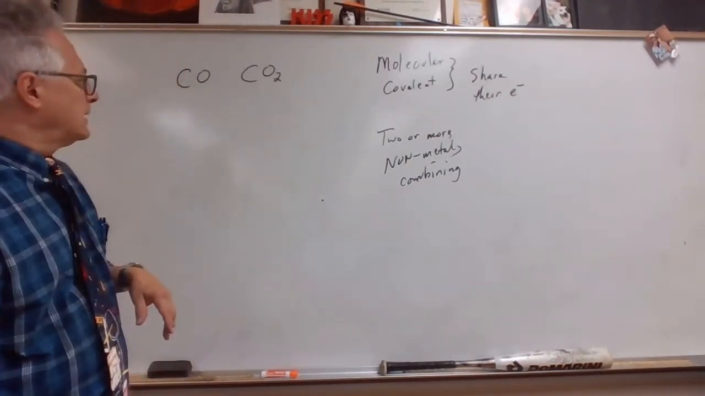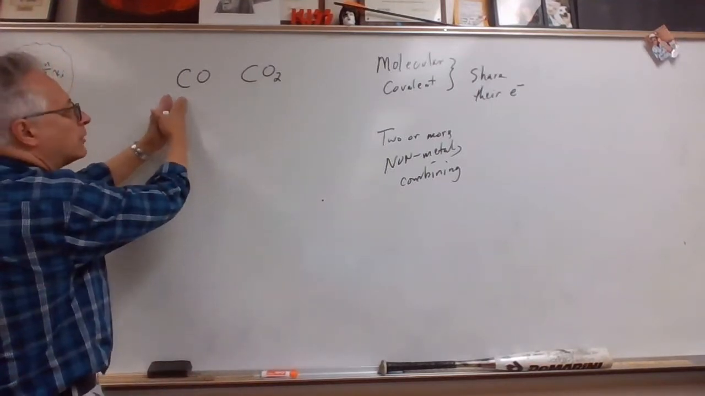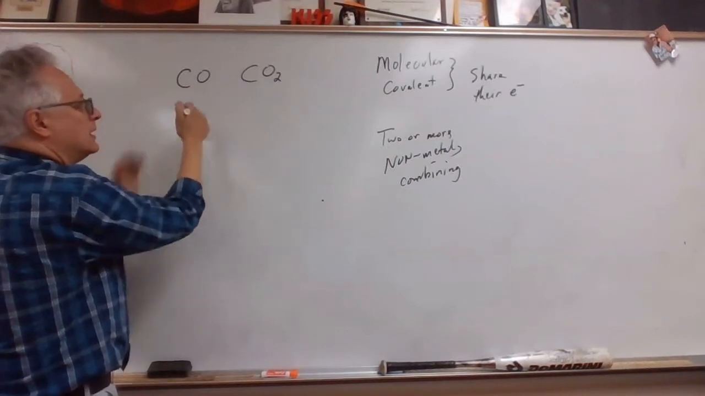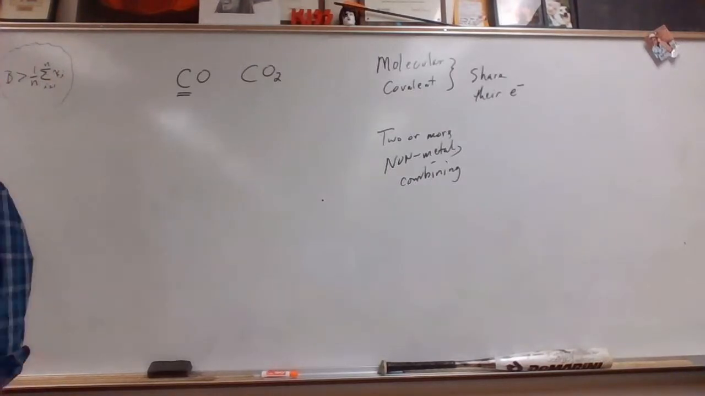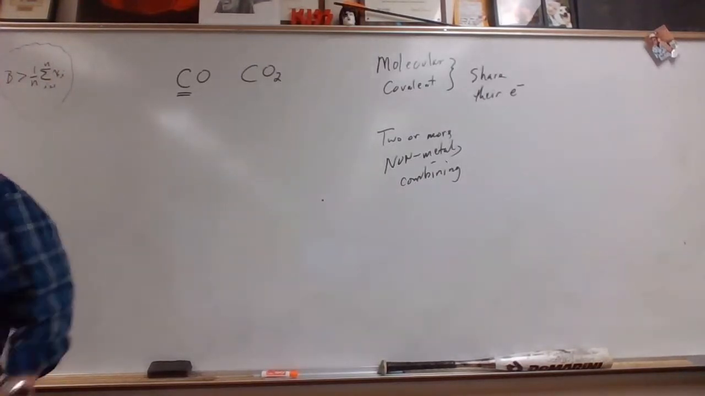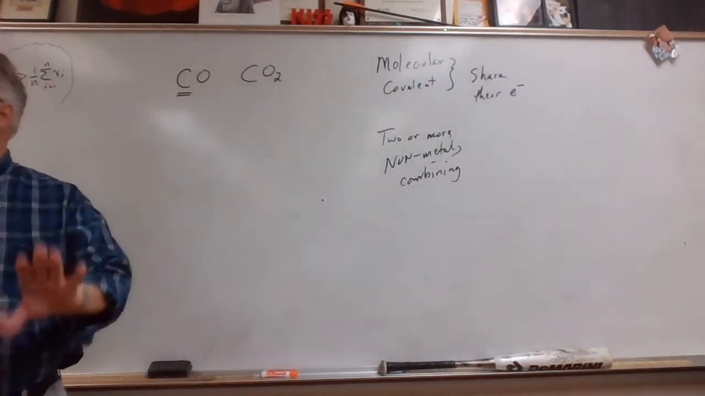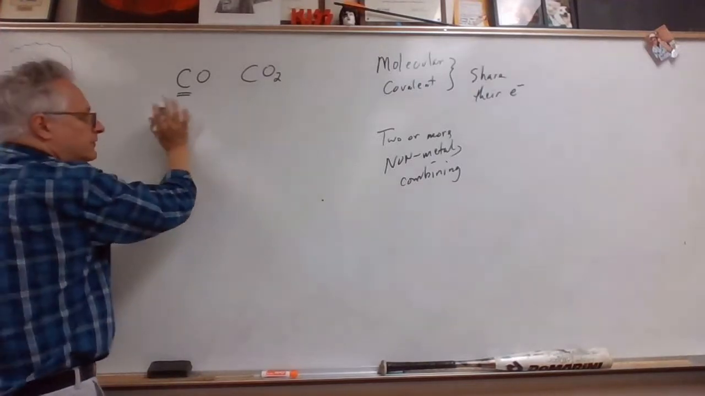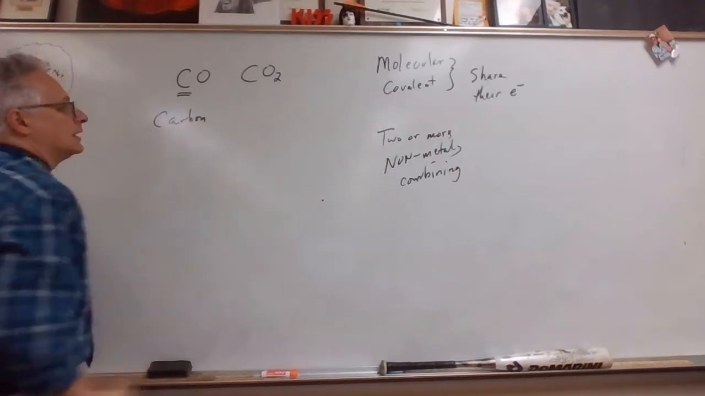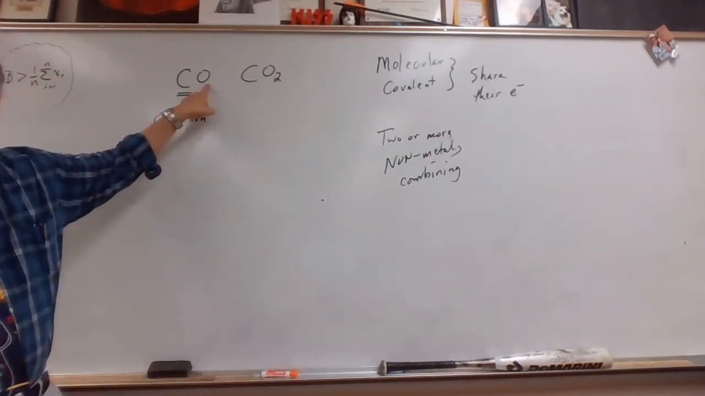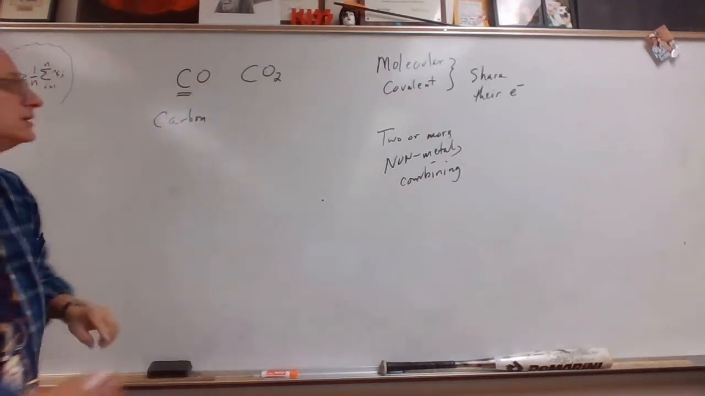So how do we name them? You have to tell people how many carbons, how many oxygens. Now the rule is if the first element, C in this case, if there's only one of them, you don't have to indicate monocarbon. You just call it carbon. So if the first element, if there's only one, you just write the element, carbon. But you have to tell how many of the second element is included. One oxygen. So we call that